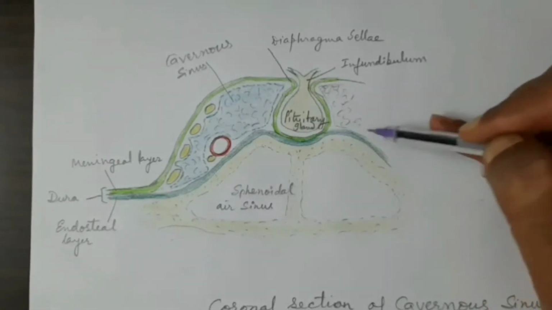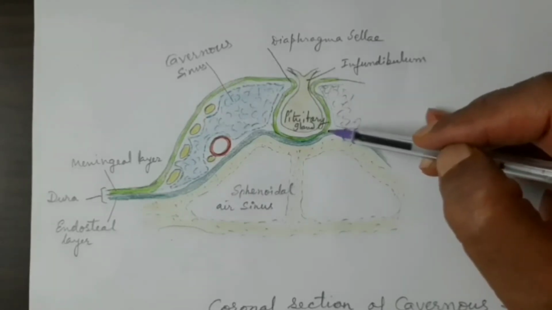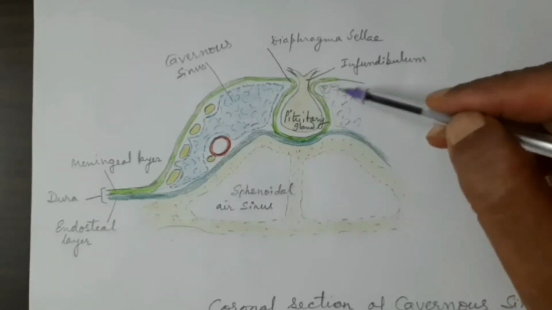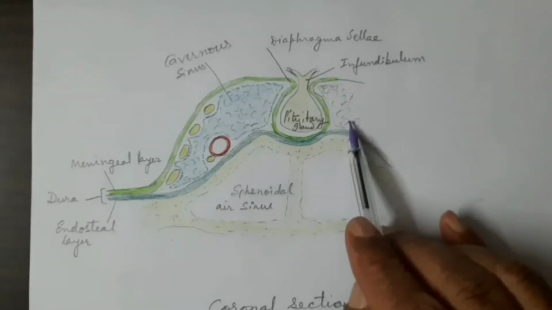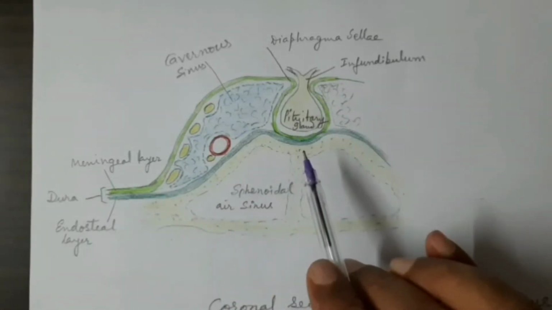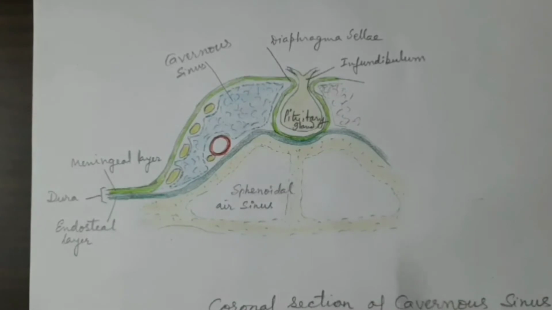But when it is forming the cavernous sinus of the opposite side, again these two layers will split to enclose the cavernous space in it. Okay, I hope that you have followed the formation of the cavernous sinus by splitting of the meningeal and endosteal layer of the dura mater. So dura mater is made up of two layers, meningeal and endosteal. And whenever in the cranial cavity they separate from each other, they always enclose a sinus. That's why it is called as dural venous sinus.